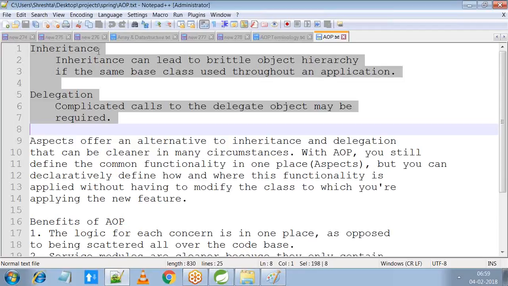Inheritance and delegation. Hope you people got it. Next, you see,